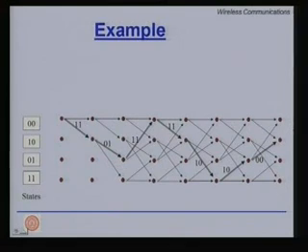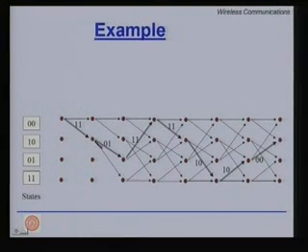Just by looking at the trellis, we can say a couple of things. The first thing we can say is that there are only 2 elements in the memory, hence the 4 states. The other thing we can say is that from every node there are only 2 branches emanating. That means the input frame size is 1, correct? But we cannot say anything about how many bits are being thrown out. Of course, we have written it down that over every branch we have labeled 2 bits.